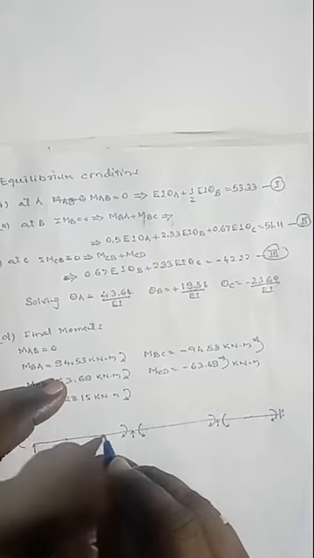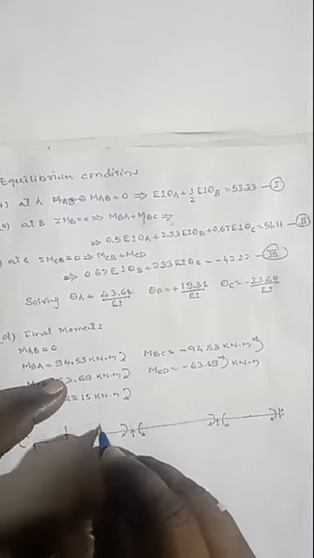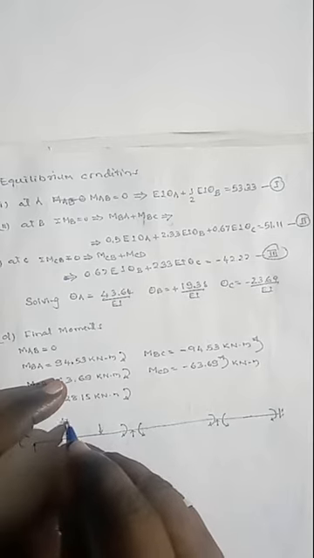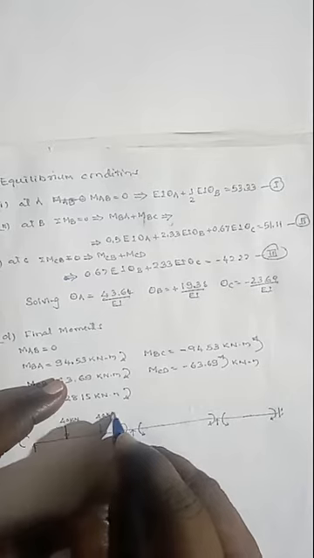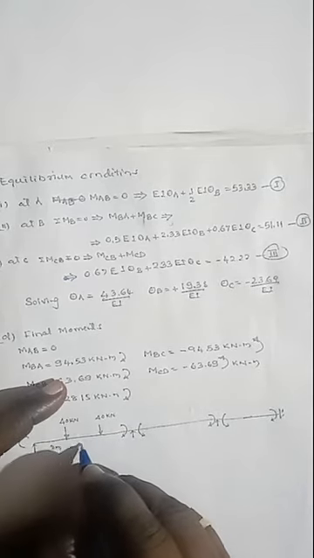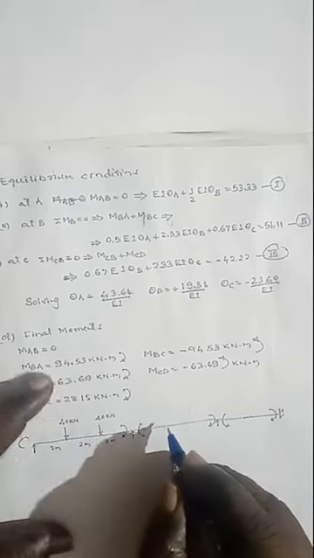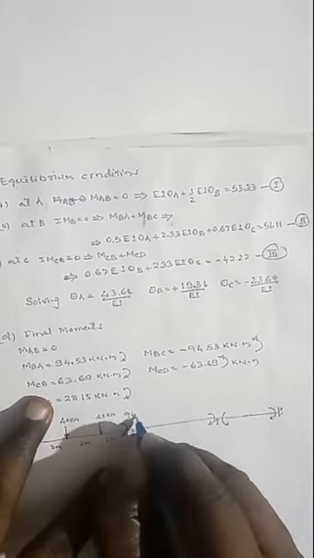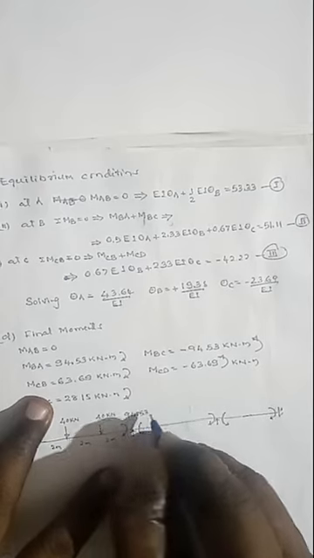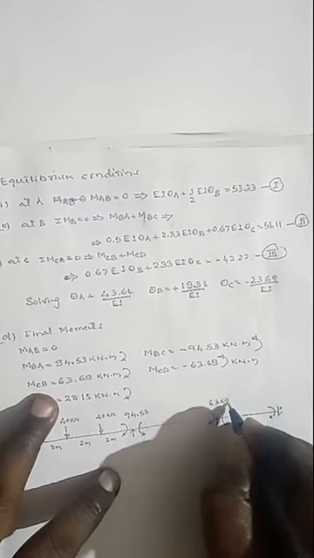Here it is subjected to 2 point loads like this. One is 40 and another one is also 40. This one is 40 kilonewton. This one is also 40 kilonewton. This one is 2 meter, this one is 2 meter, then this one is also 2 meter. Here this one is 94.53 kilonewton meter. Then this one is 63.69 kilonewton meter.